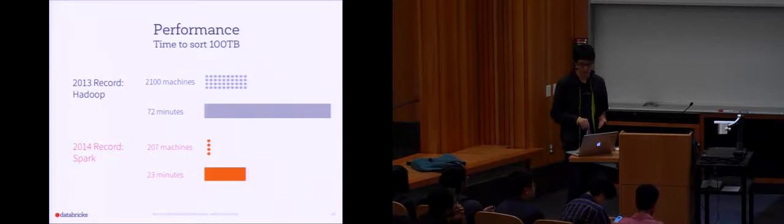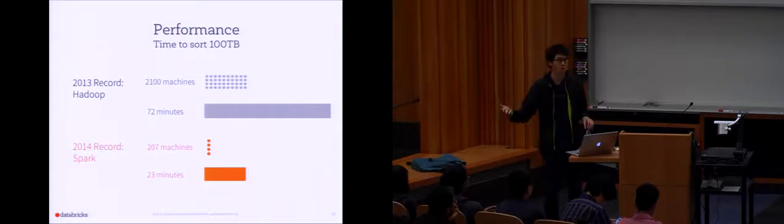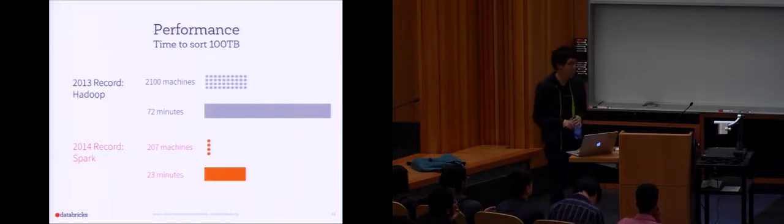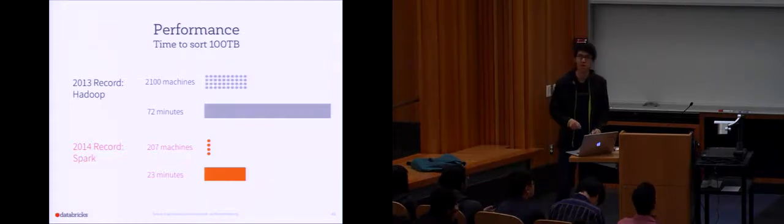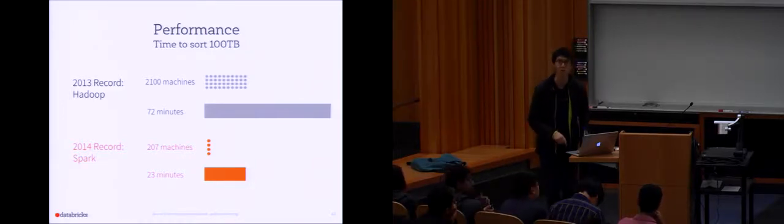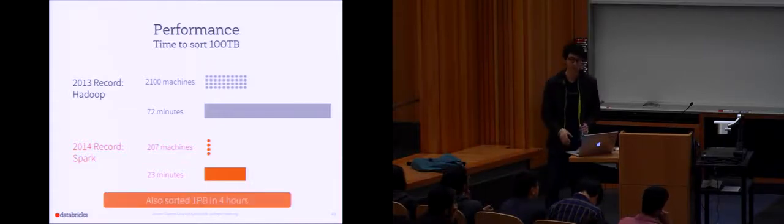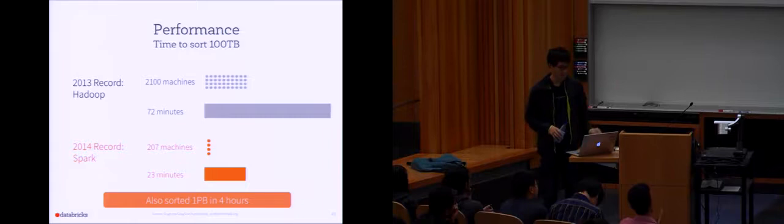The machines are actually slightly newer. These are 2014 EC2 machines versus 2013 Yahoo machines. There are SSDs on this, so the I/O bandwidth is higher and all that. But it was fairly exciting to see what grew out of here, beating Hadoop by almost 30x on a per node basis. One last fun bit: this whole benchmark was started by another Turing Award winner called Jim Gray, who got his PhD from Berkeley. And because 100 terabytes is not a lot of data in 2014, we also went ahead and sorted a petabyte on a similar size cluster in about 4 hours.